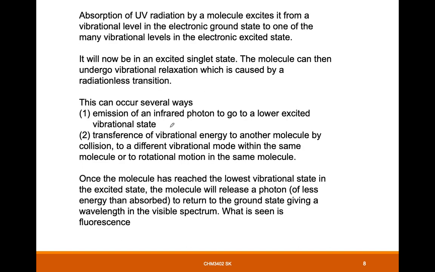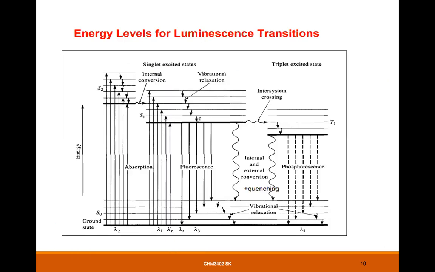So what can trigger this? Number two is because of collision. Probably you have another molecule in the system, so they collide. So there is some interference on the vibrational energy. That will trigger the electron to go down slowly, step by step, using the vibrational energy levels. Once the molecule has reached the lowest vibrational state here,